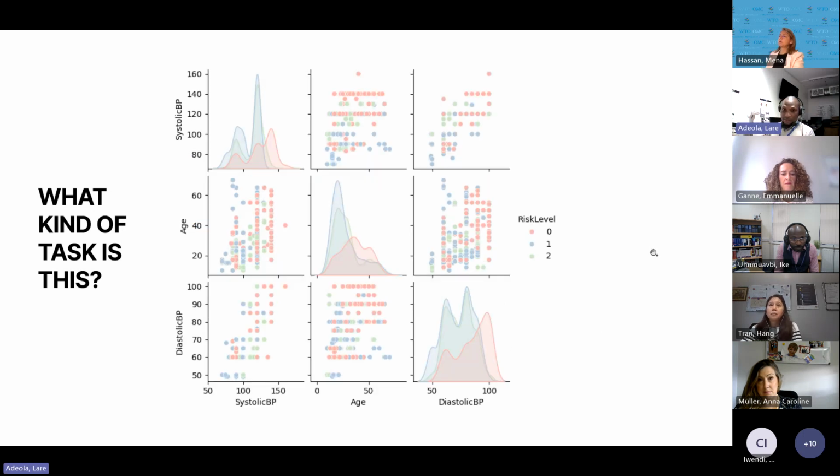And here, this is different. This is a classification task. What this is showing are the different variables that affect diabetes. So here we have different risk levels, 0, 1, and 2, showing if one has type 2 diabetes or not, or one is just normal. And here we can see the different correlations between one variable and another. Because of the risk level, what we're trying to classify is if a patient, based on some attributes, has